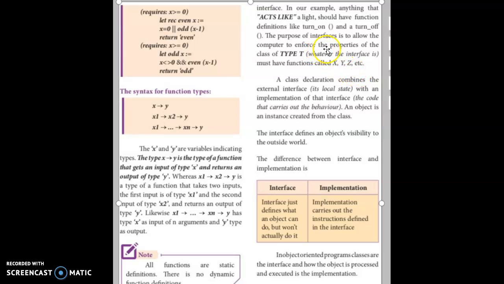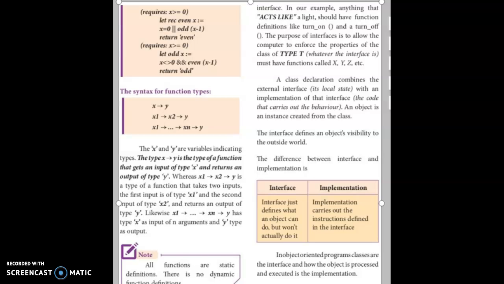The purpose of an interface is to allow the computer to enforce the properties of the class of type T. Whatever the interface is must have functions called X, Y, Z, etc. Here, each interface has a certain number of functions that must be given in an order.